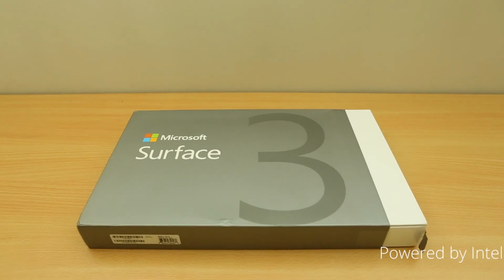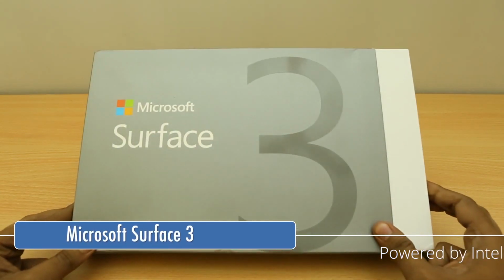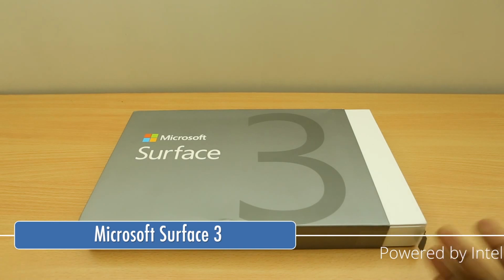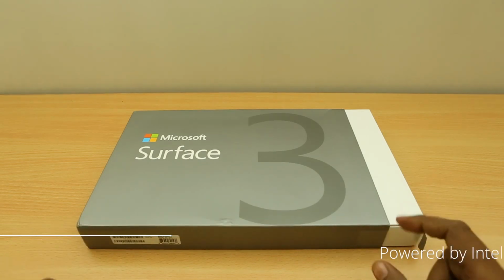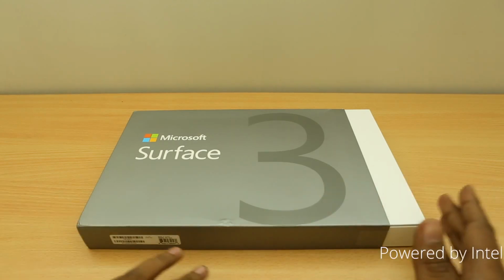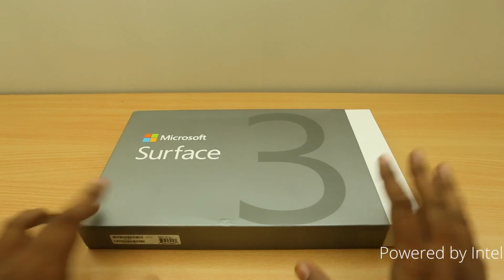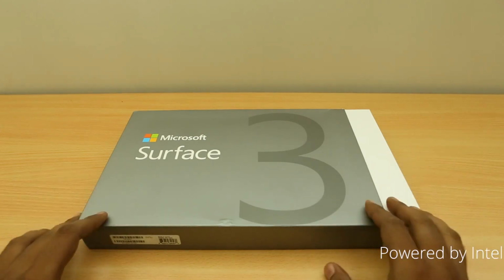Hey guys, this is Bharadwaj with Fonearena.com, and this is the brand new Microsoft Surface 3 that we've just got here. So this is the latest Surface tablet from Microsoft, and this is the first shift from RT to full-blown Windows for the Surface range. The Surface Pro was always full-blown Windows, but this is the first time the Surface 3 is running full Windows,